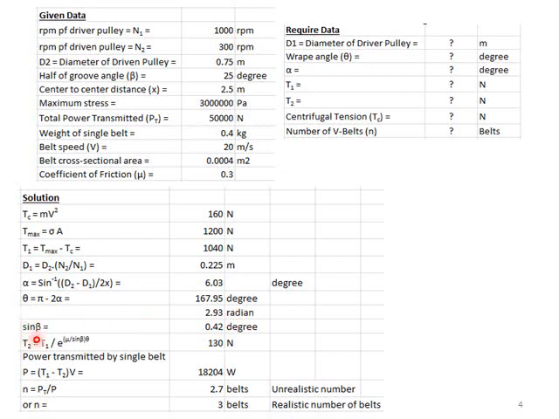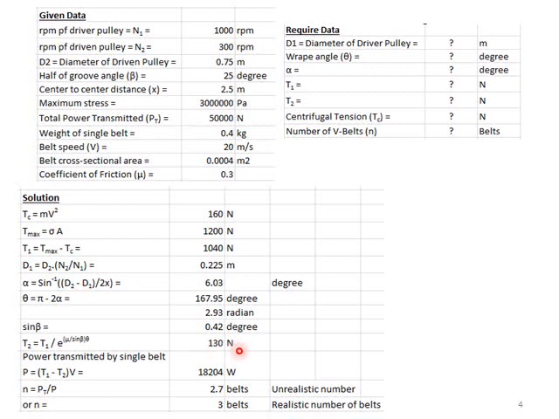The thing that is new for us is sine beta, which is half of the groove angle. So sine beta is equal to 0.42 degrees. The formula for the ratio of the tensions, T1 by T2, is equal to e raised to the power mu by sine beta into theta. So T1 is known, mu is known, beta is known, and the theta angle is known. The only unknown left is T2, the tension at the slack side. So we have to find it out. All the things are known. Just put the values and you will get